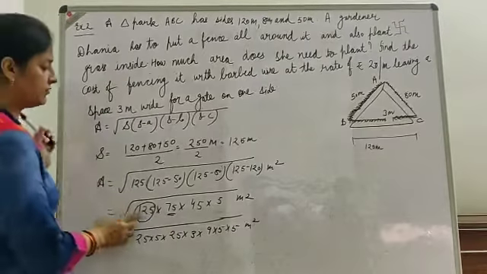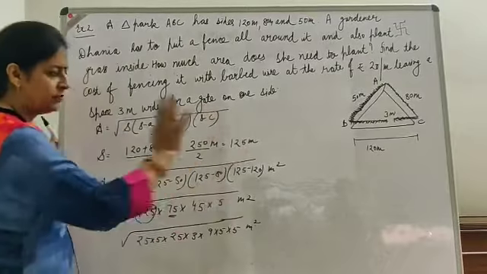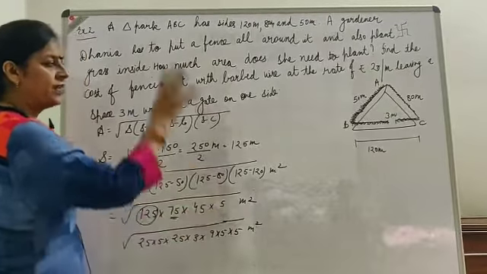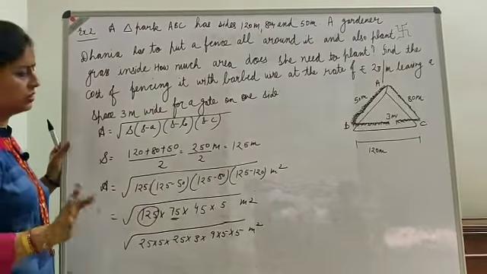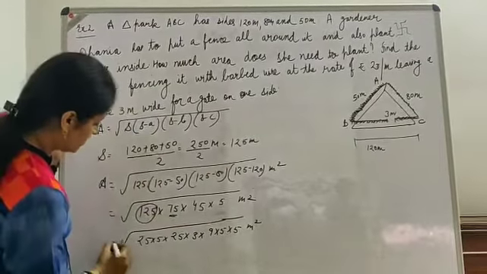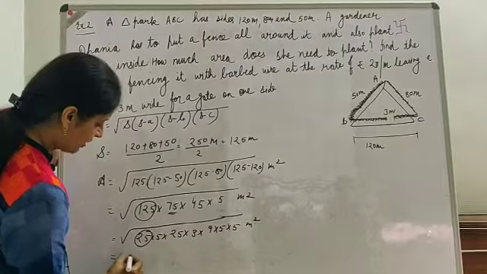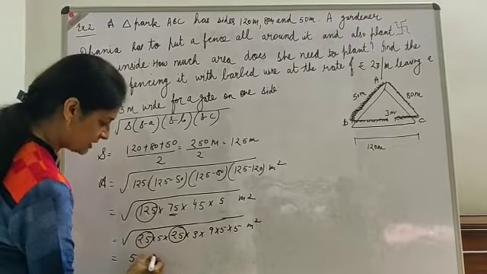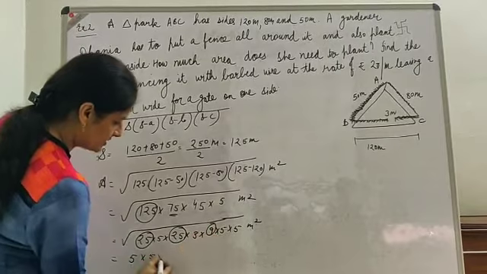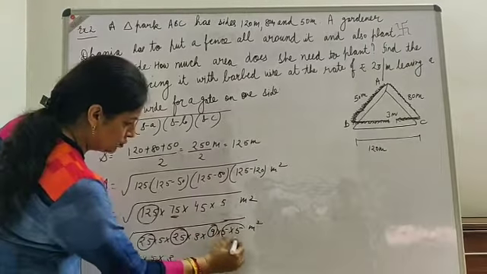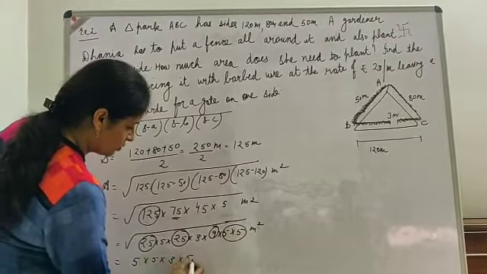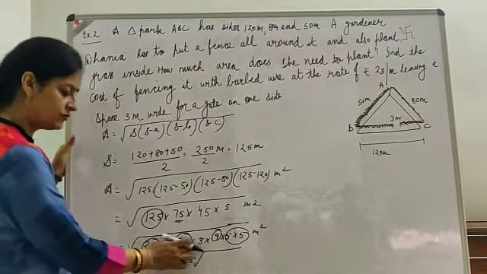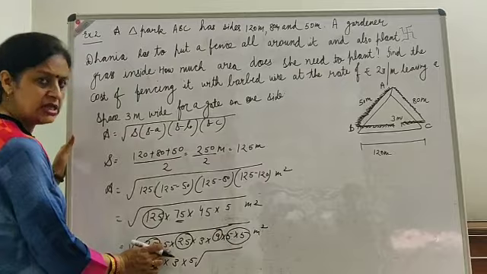Don't commit this mistake of first finding the product 125 into 75 into 45 into 5 and then finding its square root. Don't waste your time. Now this is equal to 25. Square root of 25 is 5. Square root of this 25 is also 5. Circle them, who are perfect squares. This is 3, they are 2, so one 5 will come out. Now they are alone, they don't have friends. So the students who are alone, they have to remain lonely in the classroom.